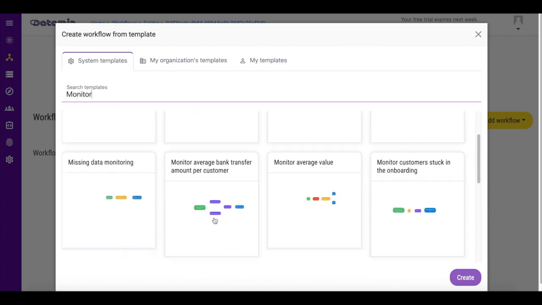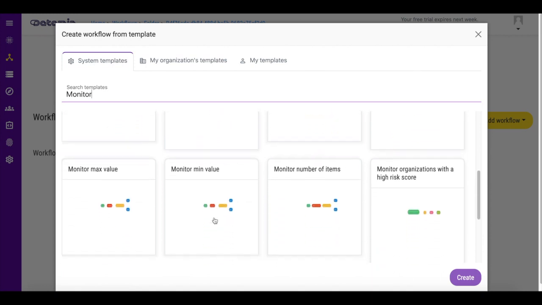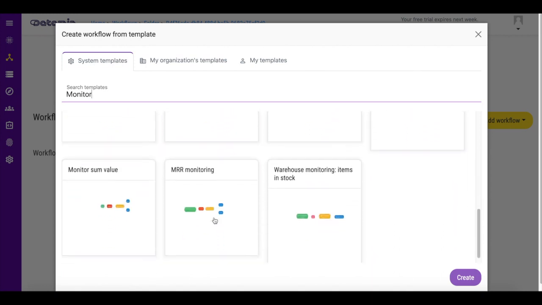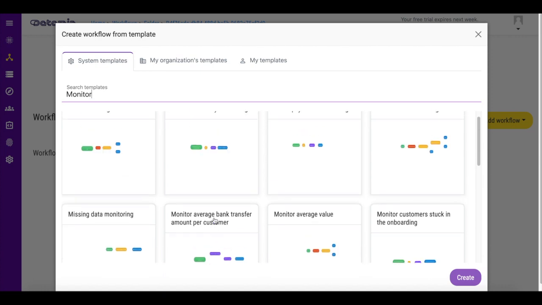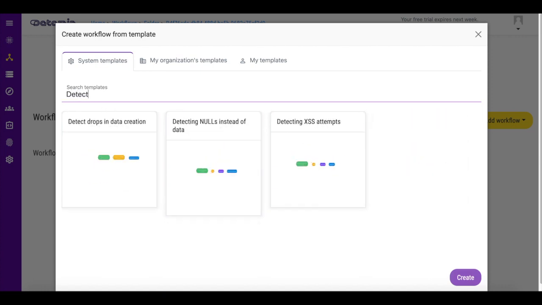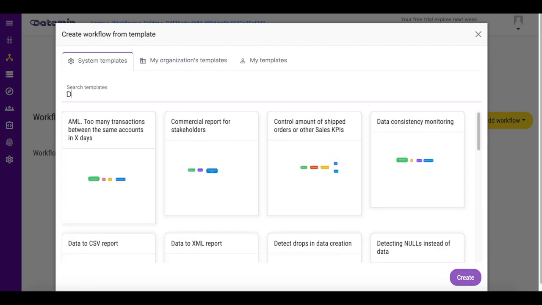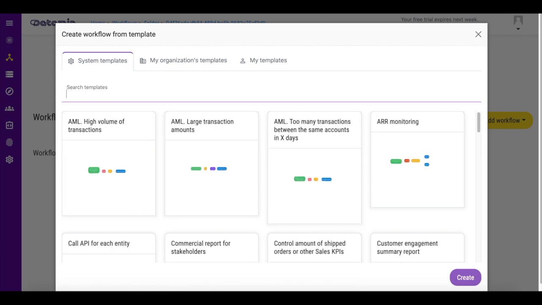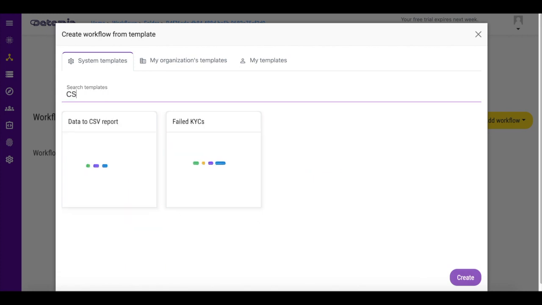much more. So for example, now on your screen you can see how many different monitoring templates we have. Or for example, detection of various unexpected behavior or inconsistencies with your data. This can also be easily monitored with these templates, which you can also extend by yourself, but we will get